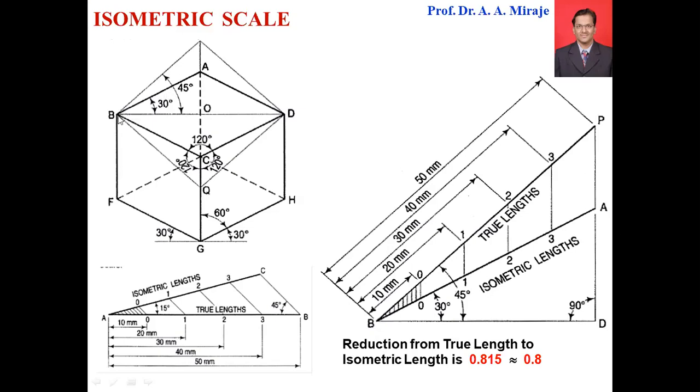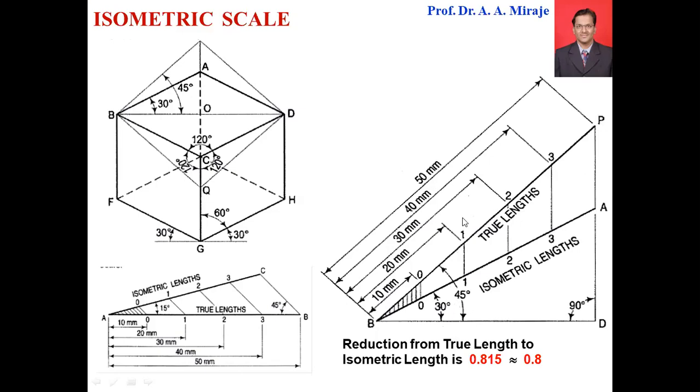Now another construction I told you: draw this construction line at angle 45 with this horizontal line. So that construction is done here. This horizontal line is nothing but this line, and this AB is this line, which is at angle 30. You can draw any length here. For the isometric length, you can take any length, but the angle should be 30. Then you draw another line at 45, and for this also you can take any length.